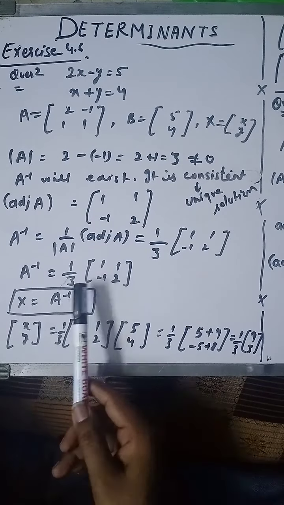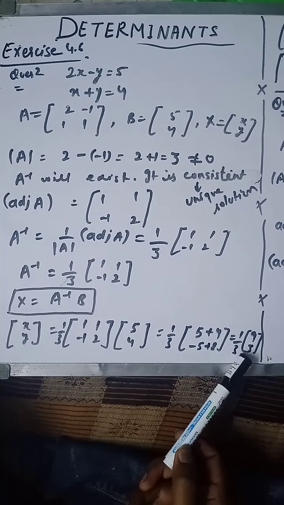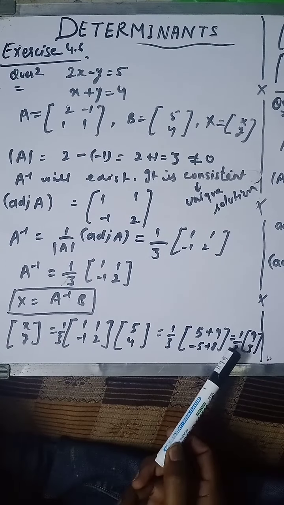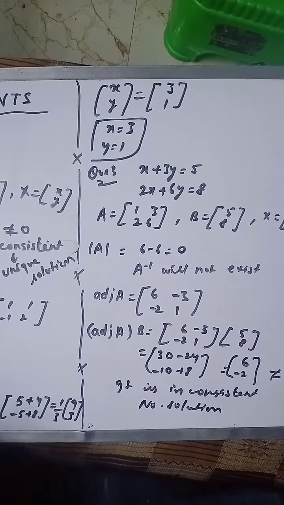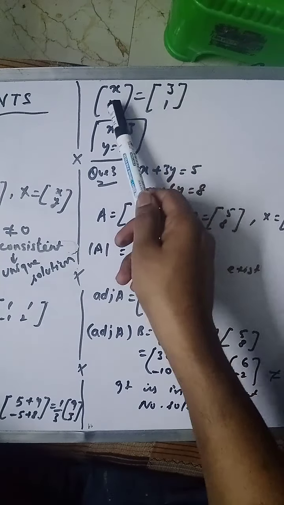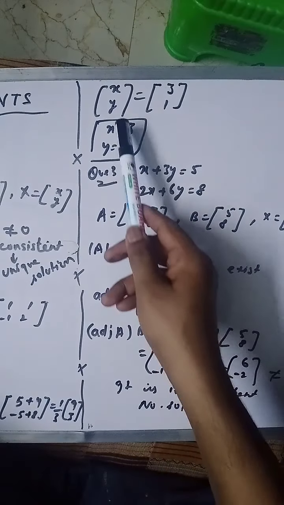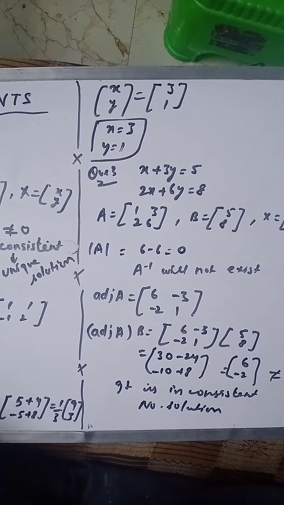1/3 will remain the same here, and the product of these two will be this. And then 1/3, and this will be 9/3. So you have to insert 3 into it. 9/3 will be 3, and this would be 1. See, I'm changing to the next page. Yes, here it is. So your X will be 3, your Y will be 1. So here is the value of X and Y. This is how you can get this value.